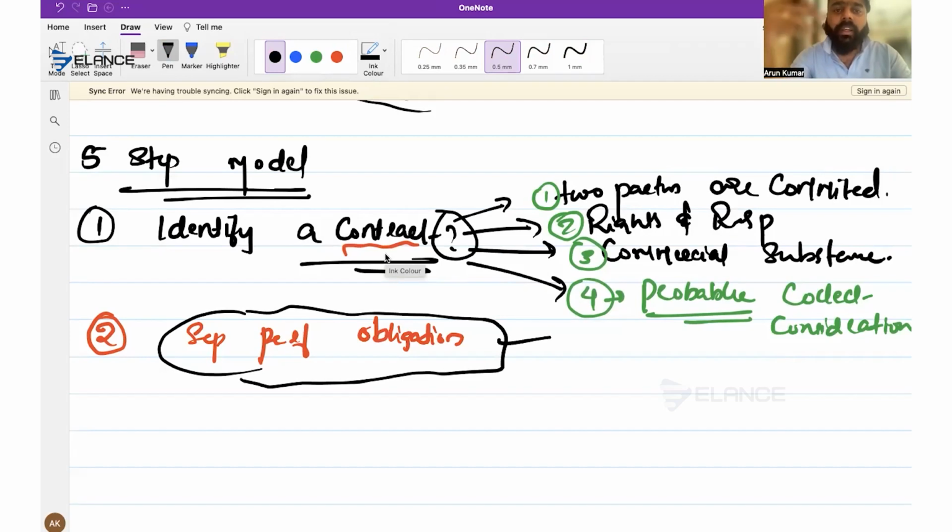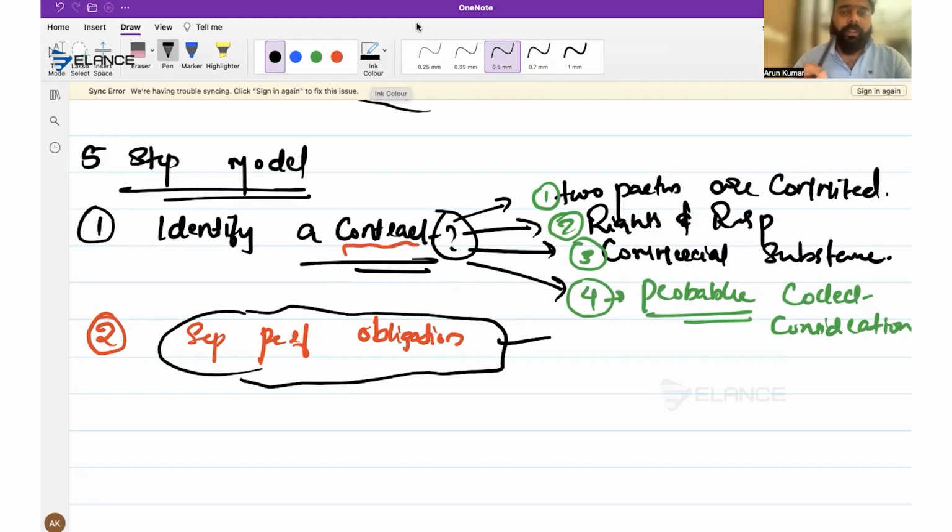Let's say you are selling a car to a customer, and sometimes we provide a service for free. So how many performance obligations are there? Two. Why? Because there is a product named car, and in the contract it is mentioned that I will provide the car for the customer. Whatever is an integral part of making it a car and making it drive for the customer, I will include into a single performance obligation.